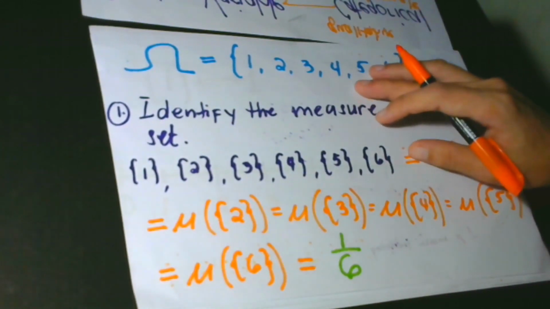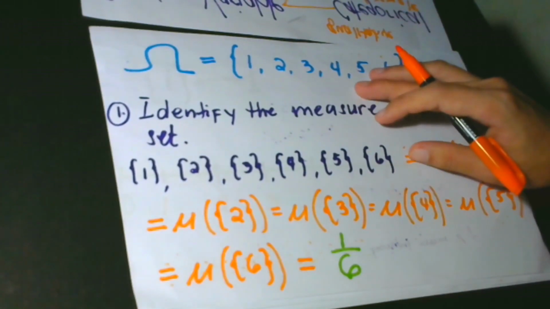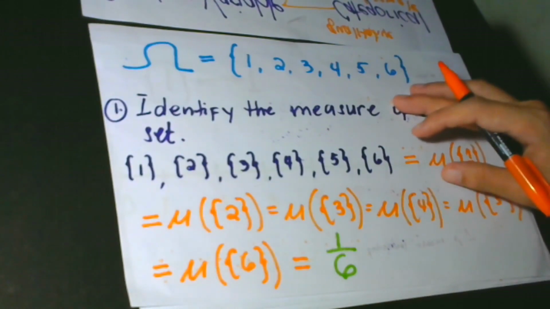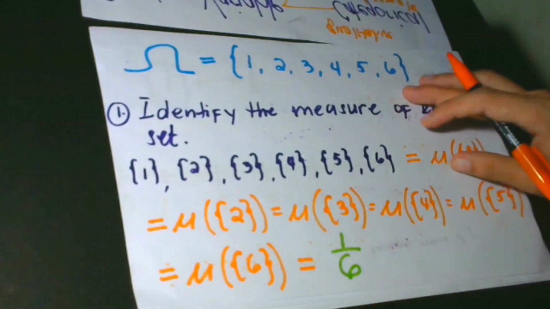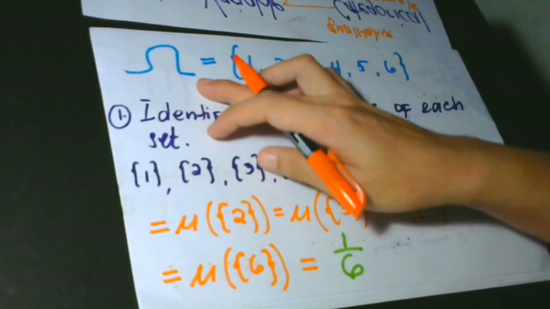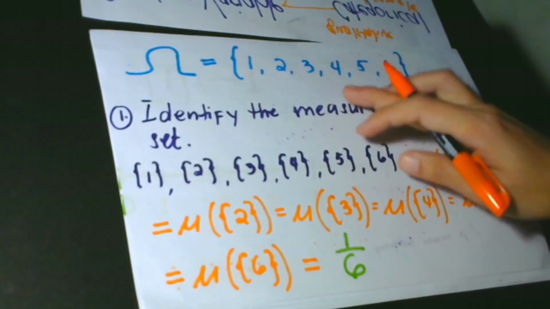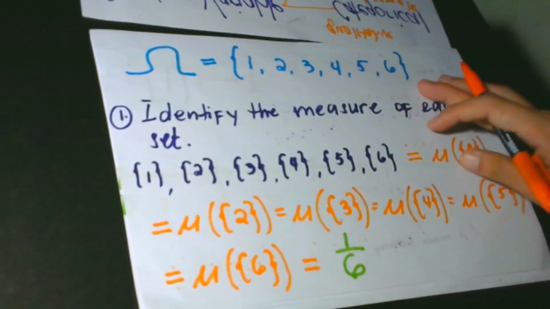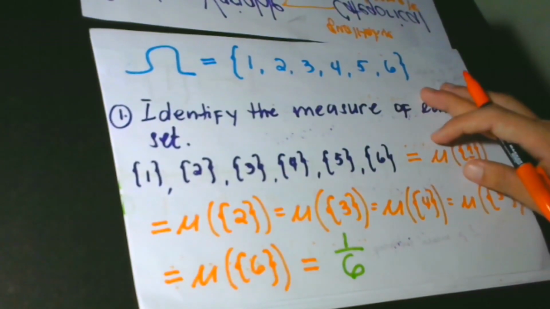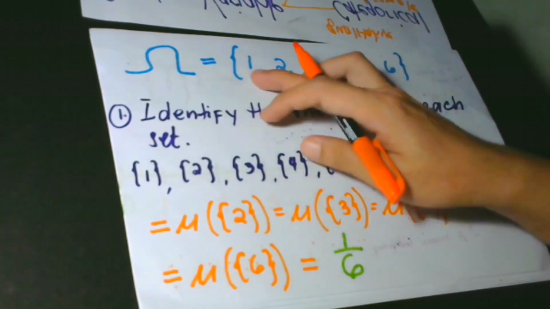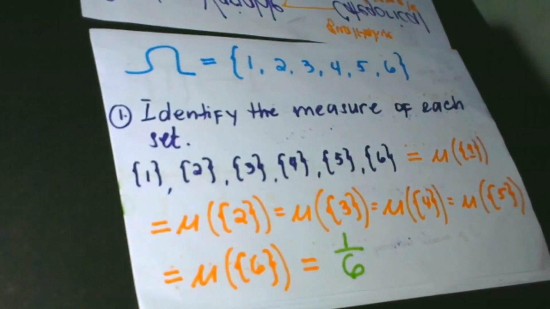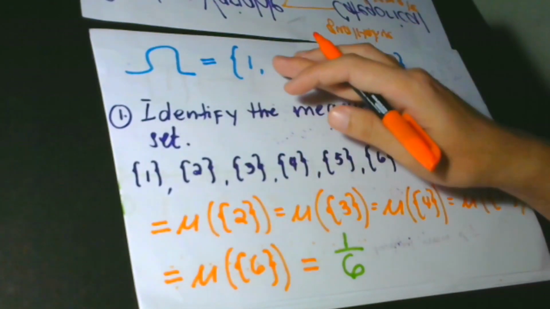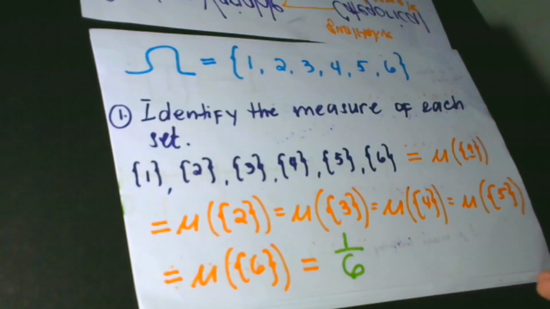For example, you are asked to toss a fair die. I am so sure everybody knows what a fair die is. Obviously, there are 6 possible outcomes. This can be written as the total set of possible outcomes. Because the die is fair, the probability of each outcome is 1 over 6. As you can see here, we have 6 elements of a set: 1, 2, 3, 4, 5, 6. These are the total possible outcomes of a fair die.